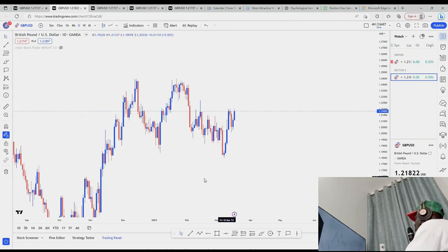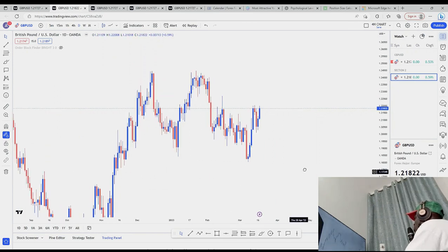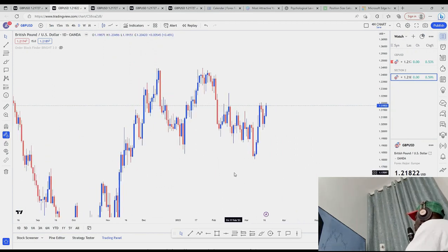On the daily time frame of pounds against US dollar, we can clearly see that the market is giving us bullish momentum, whereby our market sentiment for this week is going to be more of buy setup. We are going to focus more on buy setup than the sell. We have no business selling the market on pounds against US dollar because the current market structure and the market pattern on the daily time frame show clearly that we are in a bullish